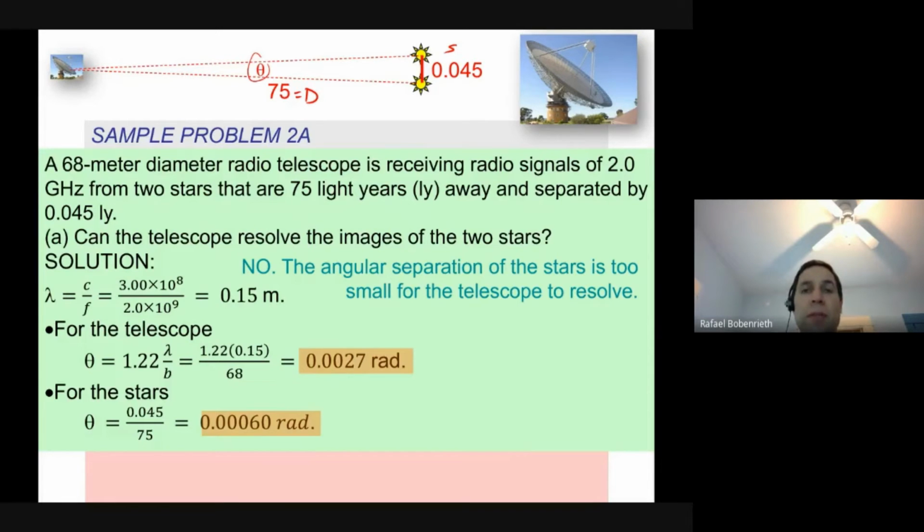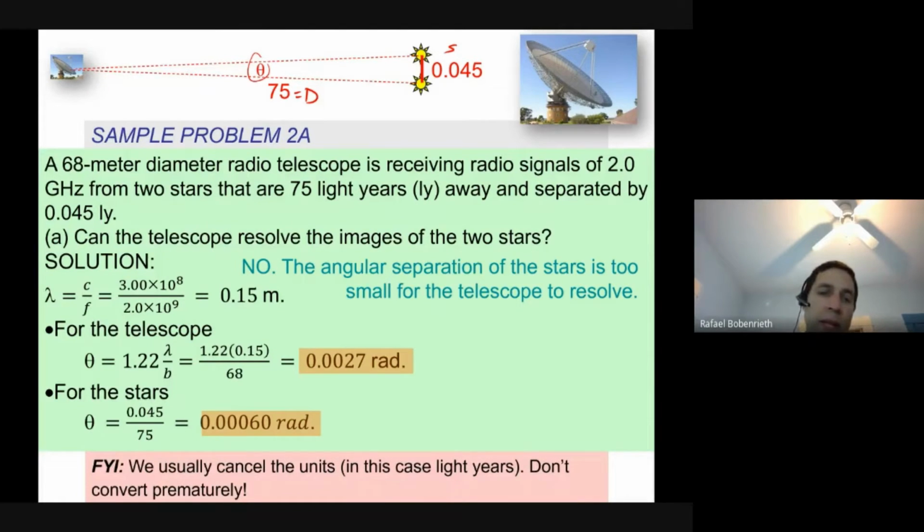This is a really common difficulty that astrophysicists have. So what have astrophysicists figured out? They are quite ingenious folks. And let's look at sample problem 2b to see. By the way, some of you might have thought, oh, I got to convert light years to meters, etc. But not necessary, right? Because as long as you have your units, your separation is in light years and your distance in light years, that just cancels out. So don't always convert